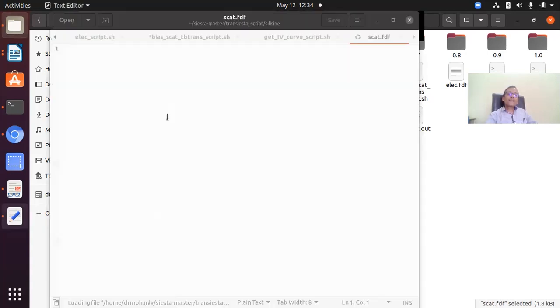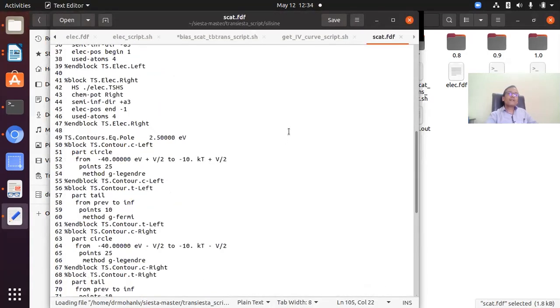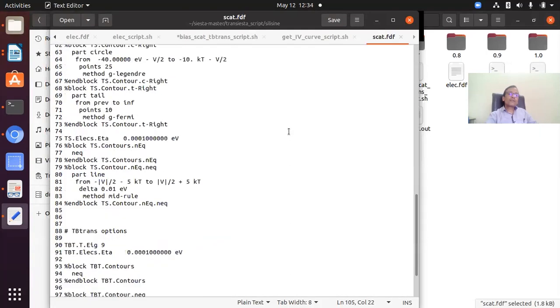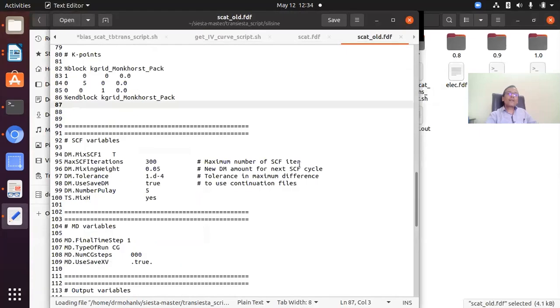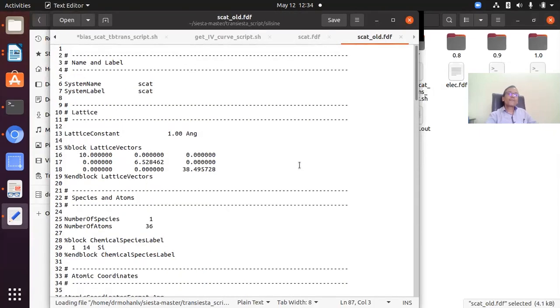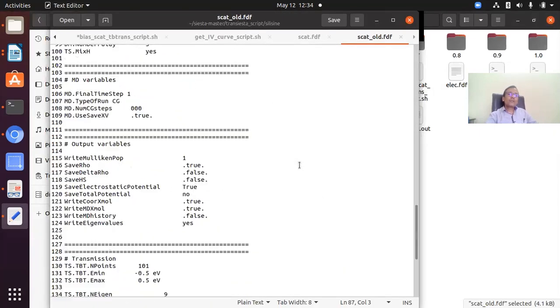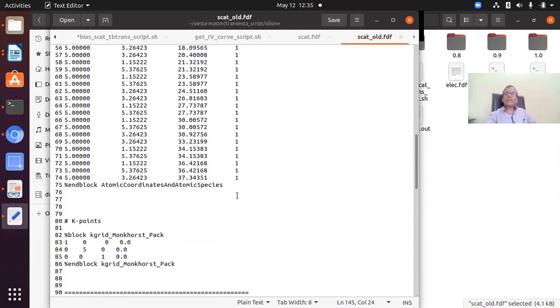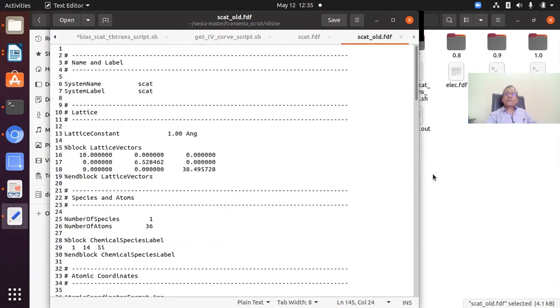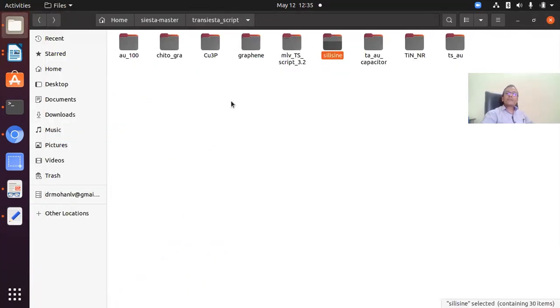So this new script file is just converted, and the old script file, which was used in the previous version, that is before the 4.0 version, where the electrode files and the number of atoms in the electrode had been mentioned clearly, is converted by using TS2TS, because this is already mentioned in one of the lectures.